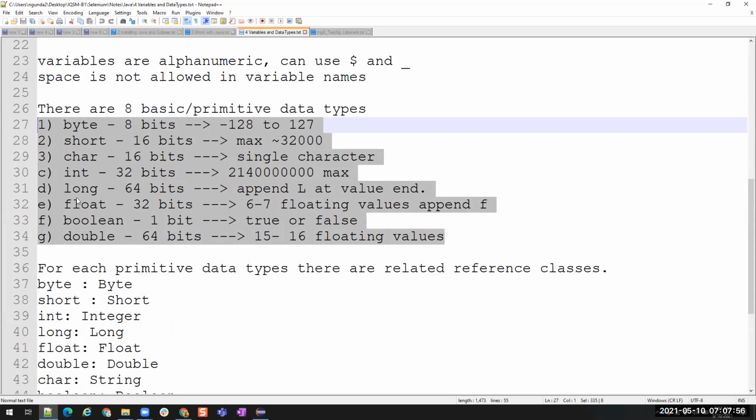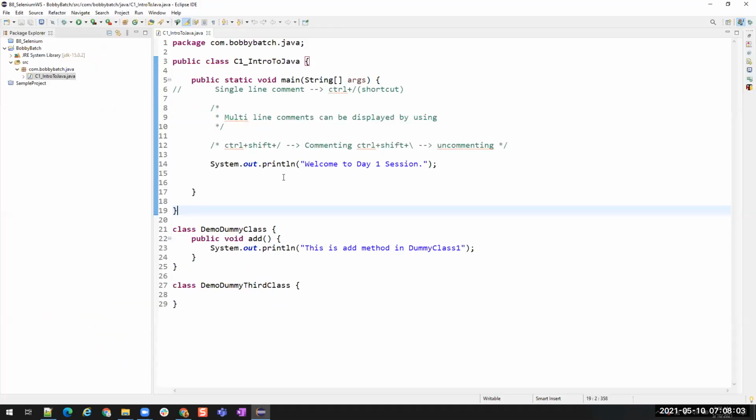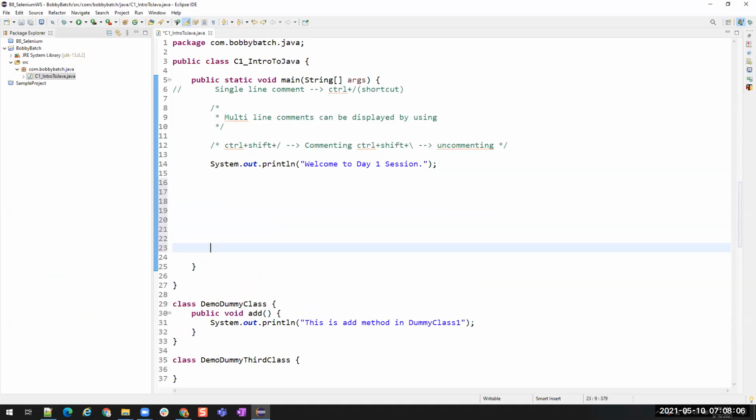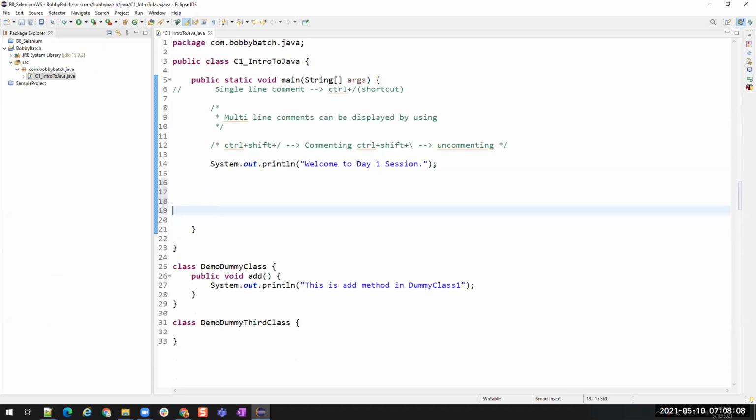We have also discussed why we have so many data types and what the purpose is. Right? Now let us create some variables of each type and see. Okay, I'll create another class. Let's leave this introduction.